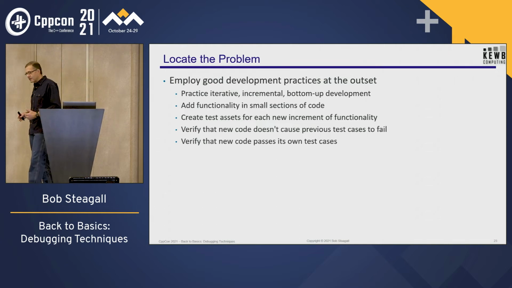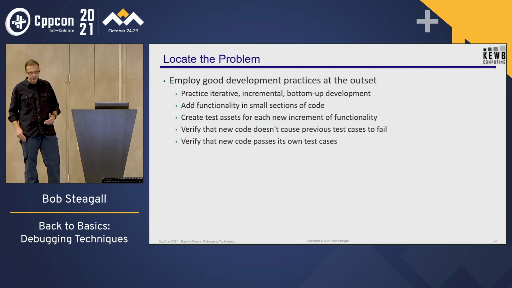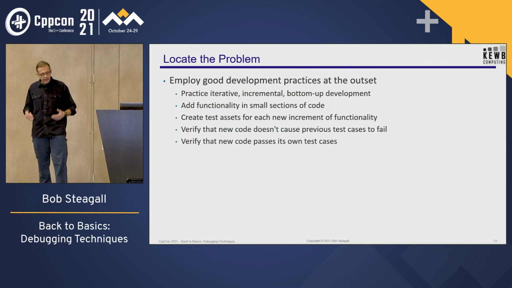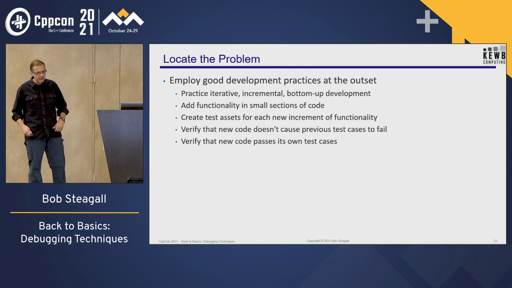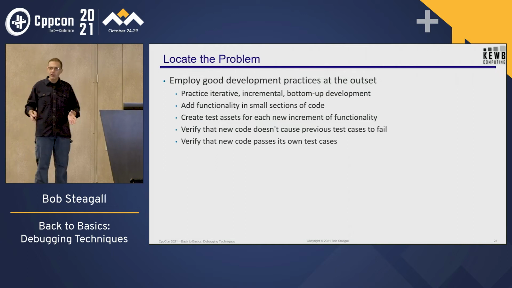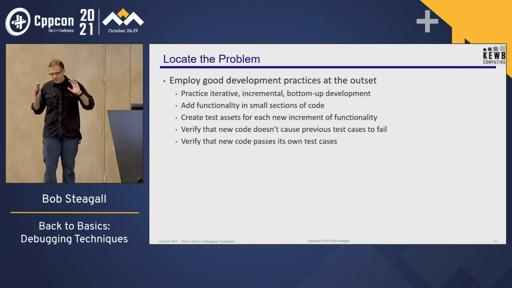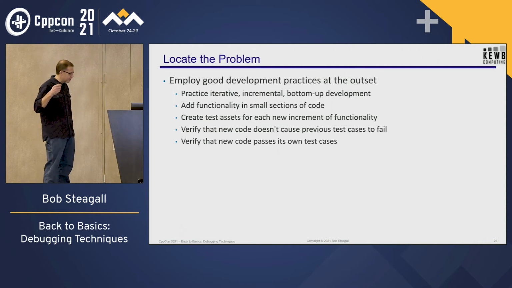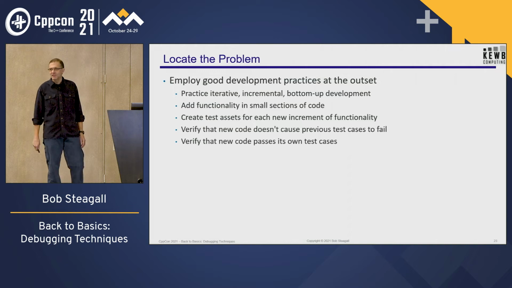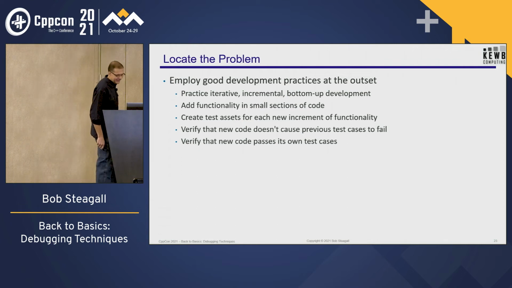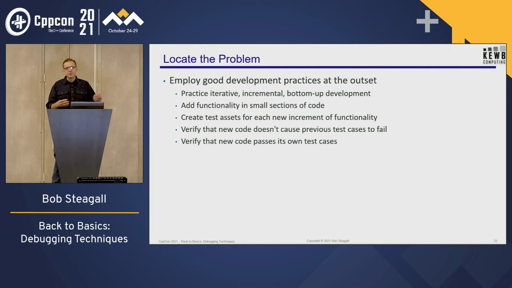I once worked in a company, and I was sat right across the hall from a very senior engineer, and we were working on two platforms, Linux and FreeBSD. And he was a really smart guy and did a lot of optimization and did it all on Linux. Would check it in the main branch, and things would go off, and the automated test would run, and it would fail on FreeBSD. And guess who got to fix his problems? This guy. Because there were platform differences between Linux and FreeBSD at the time. Of course, I was not in a position to say, Kevin, you really need to check this.